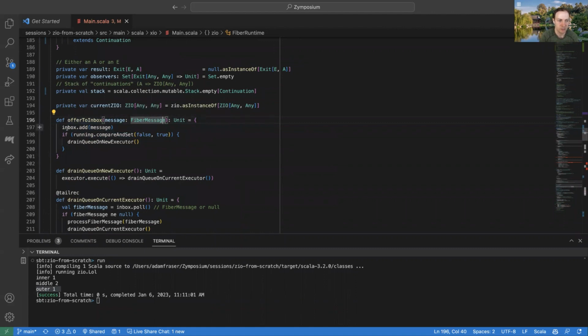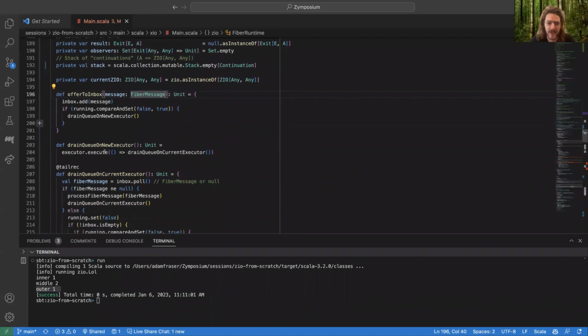And what this is going to do is add it to the inbox. And then we have a little bit of extra tricky concurrency logic, the one place we have to do it, where we say, if the fiber is already running, then once it checks the inbox the next time, it'll process the message and we don't have to do anything. If the fiber is not running right now, if it's in a dormant state of waiting for an asynchronous value to be given to it, then once we offer something in the inbox, we need to kick off the execution so that someone actually executes that thing.